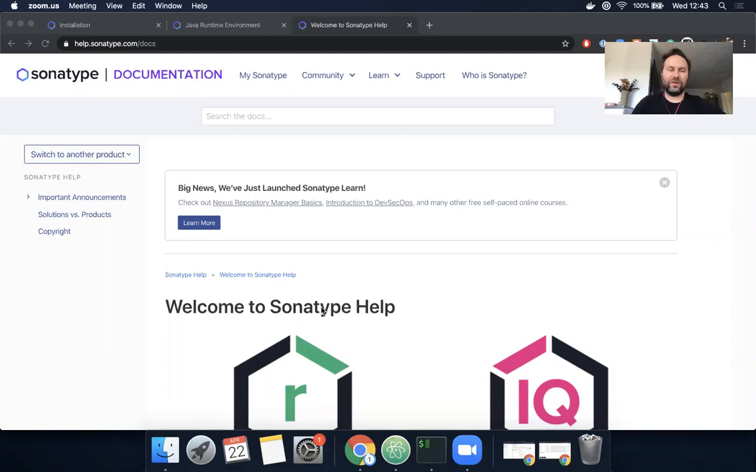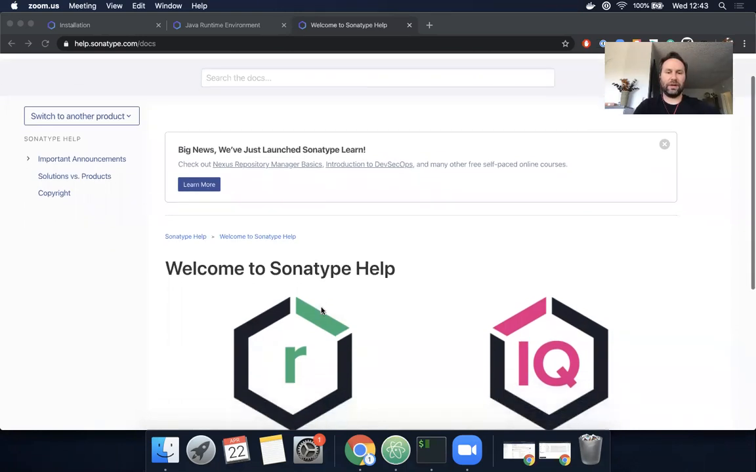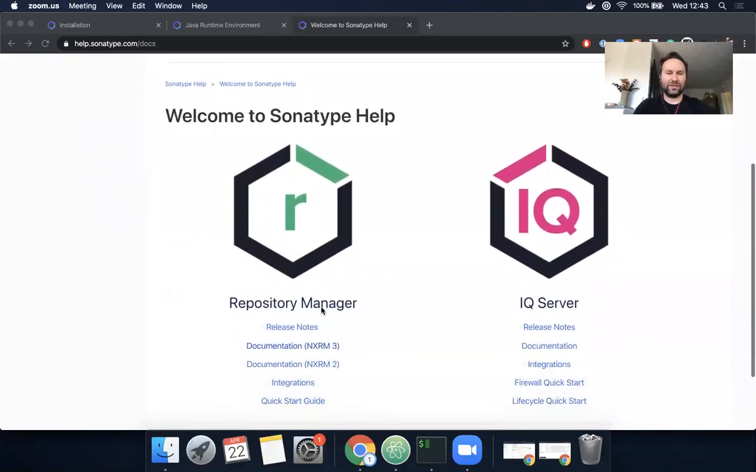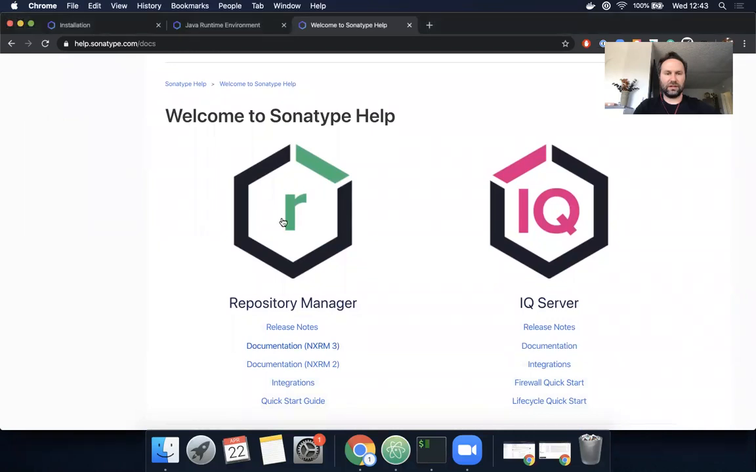Okay, so for the first part of the demo, I'm going to install Nexus repository on my local machine so that we can open it up and do things. So I'm going to click into the repository manager